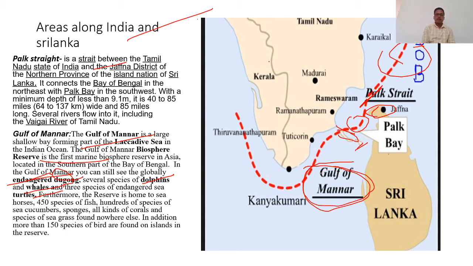As this region has, once again I will repeat, dolphins, important marine mammals, then dugong also, whales also, turtles also. Apart from that, shrimps, sea snakes, and corals are there. A number of small and large marine organisms are found over this region. More than 150 species of birds are also found over the region.